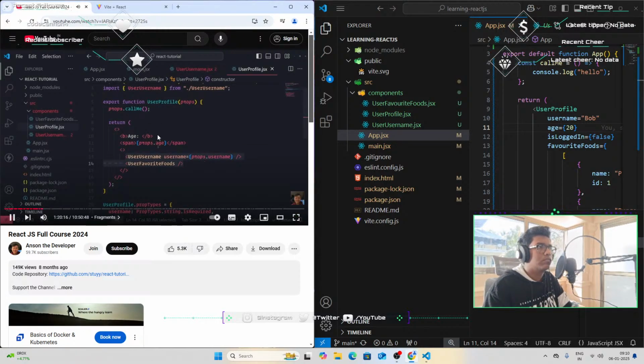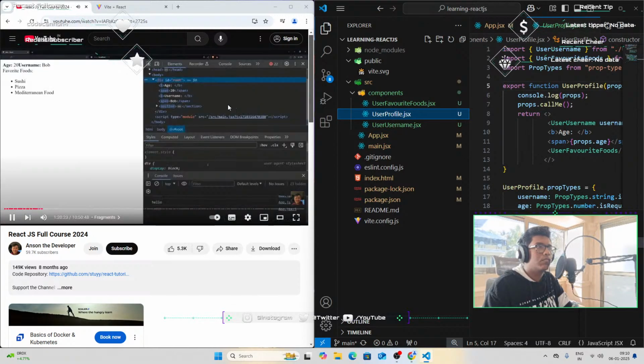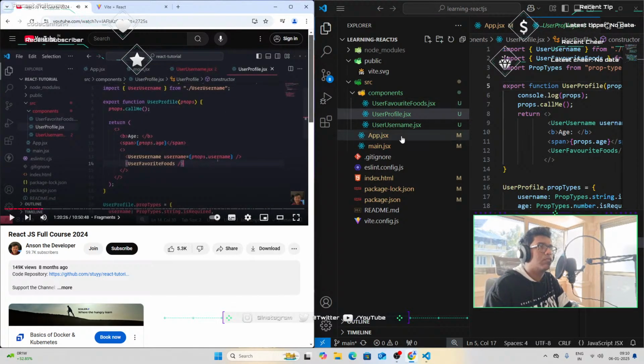Not that this would really change anything in terms of your tree structure for your application, but it is a way to group stuff together. So I just wanted to mention that. Okay, because sometimes, like I said, you want to